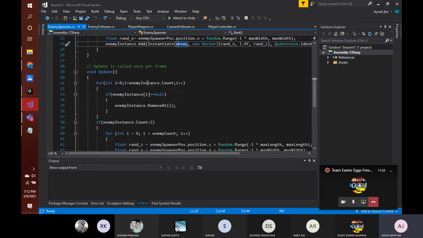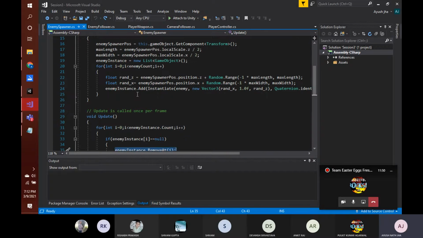And then in the update, we are checking if a particular enemy generated by this enemy instance is destroyed by the character. If it is destroyed, then its instance will become null, and we remove it, and as a result the count of this enemy instance list decreases.